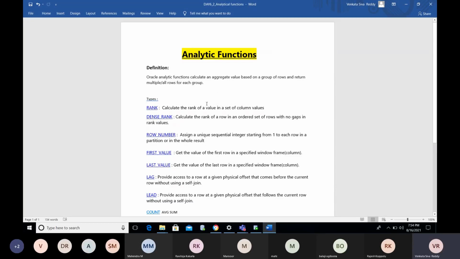Here you will get some gaps. ROW_NUMBER assigns a unique sequential integer, starting from 1, to each row in the whole result. It will display the whole result set in sequential order from 1 to however many records we have.